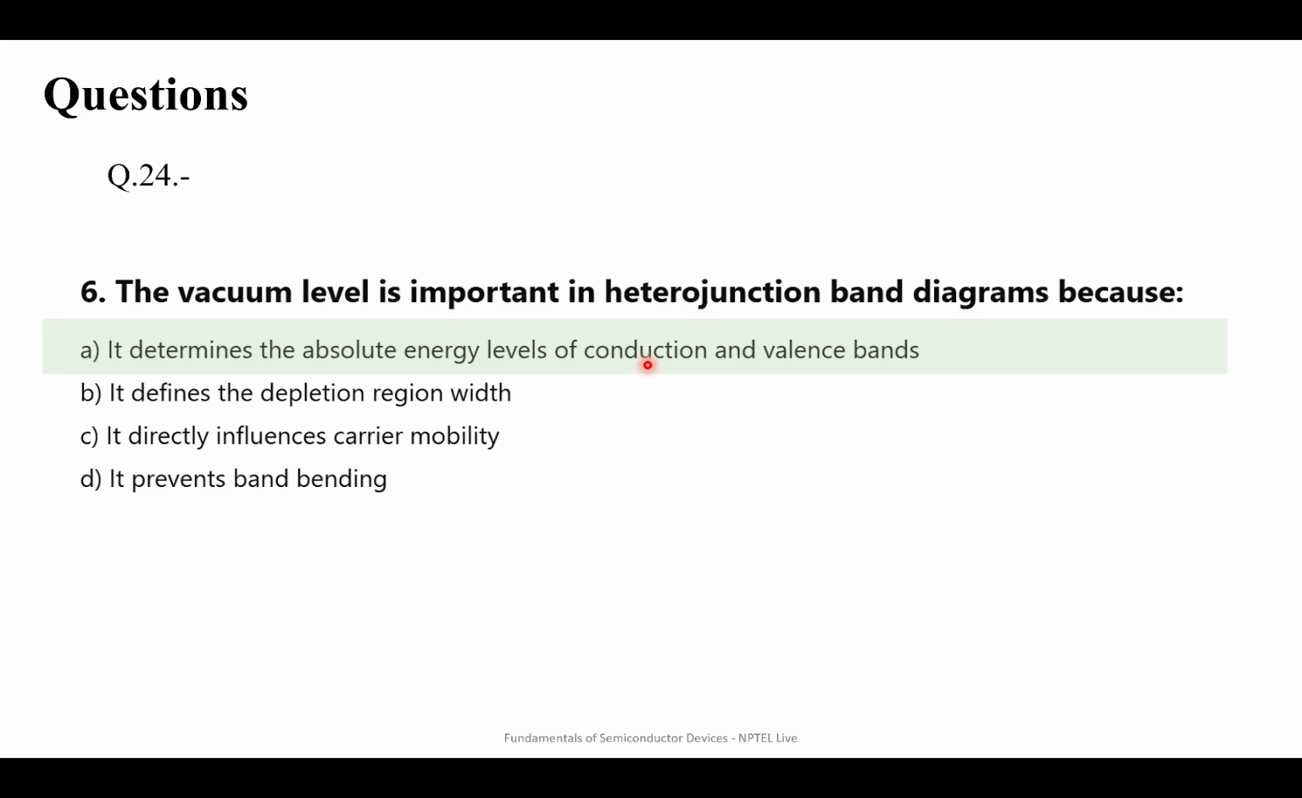But how will you determine which one it is? With the help of vacuum level, sir. Yes. So the difference between the vacuum level and our conduction band is called electron affinity. Yes, sir. It depends upon work function. Yes. So work function and your